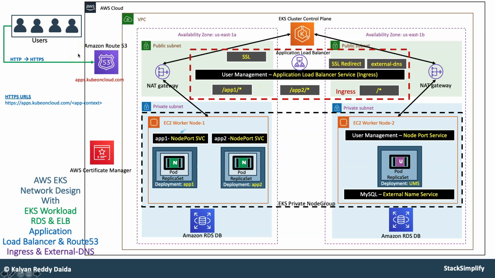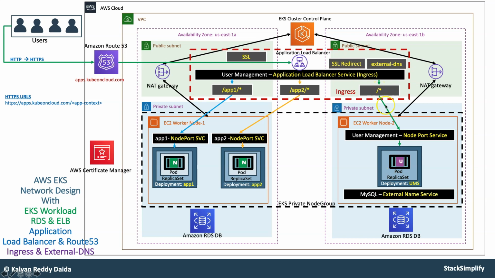Then it will resolve DNS to Route 53, and then come to the application load balancer, and if we access /app1, it will go to the app1 application and serve the app1 index.html page. In the same way, whenever we access app2, it comes via the app2 context, it will verify here and send it to the node port service, which is app2, and from there it will serve the app2 page from its respective pod. And in the same way, if we access anything with /*, such as the user management health status page, it will come here and access that.